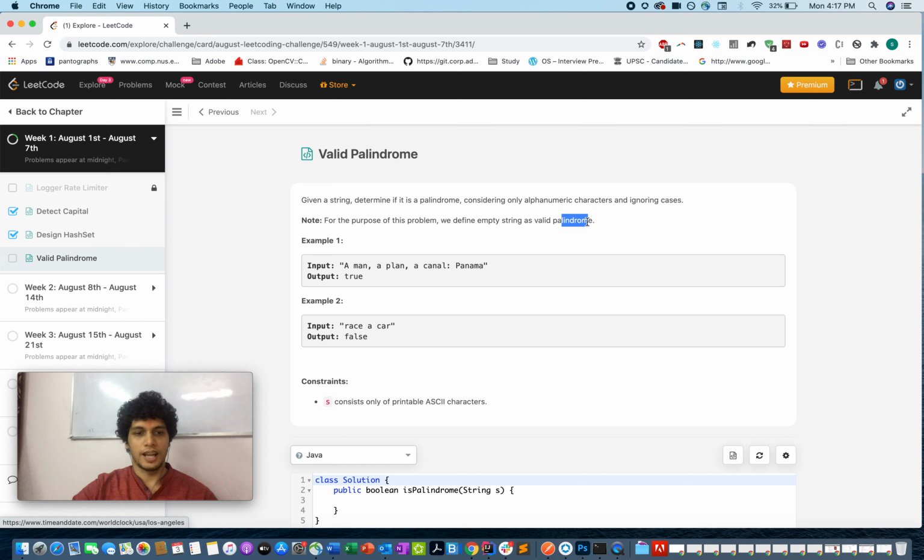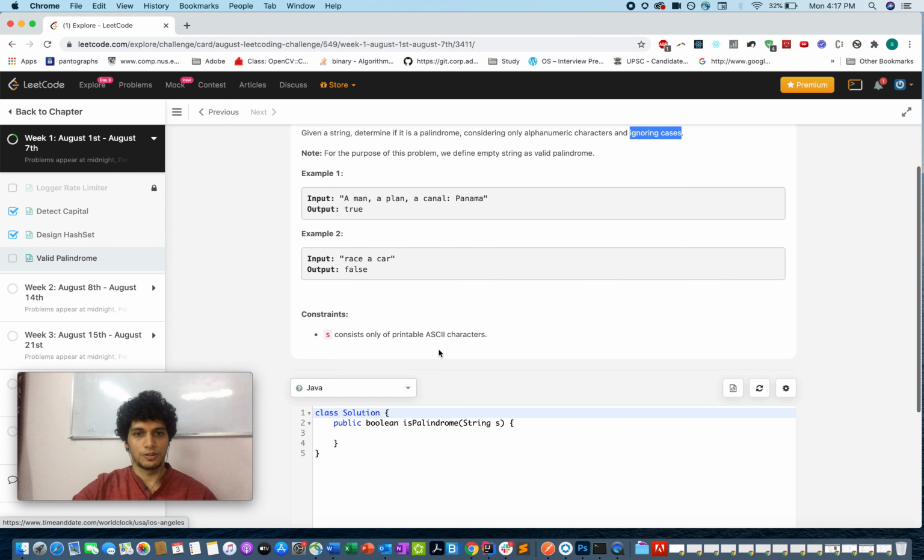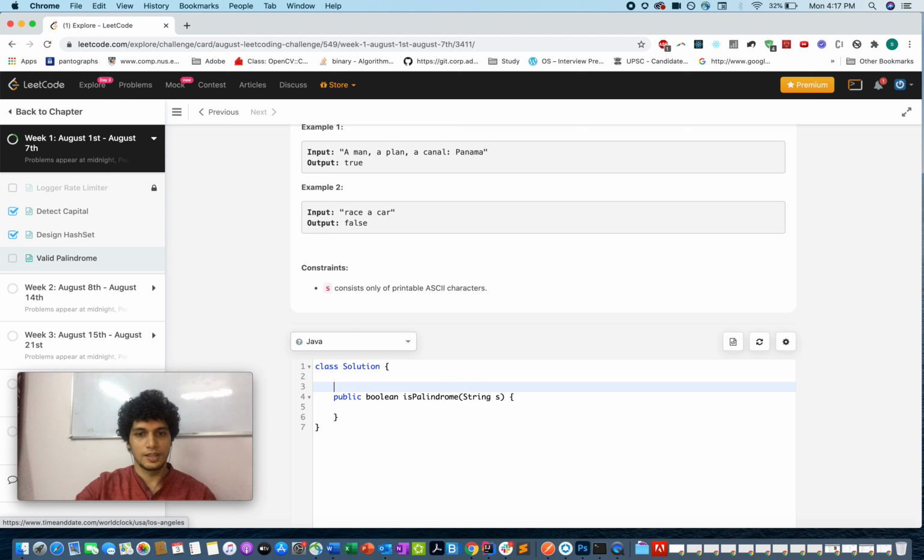There are two important aspects of this question: alphanumeric characters and ignoring cases. The first constraint is that we need to consider only alphanumeric characters, which means only letters and digits.